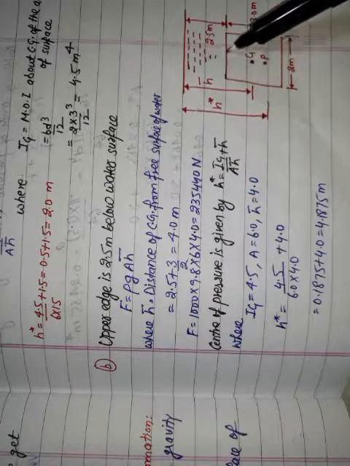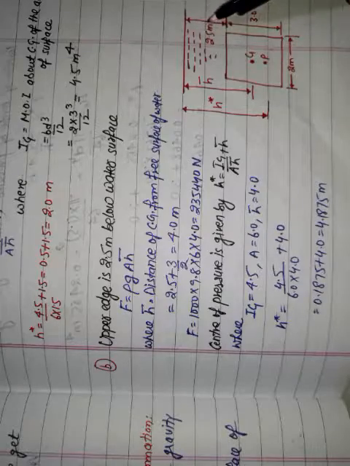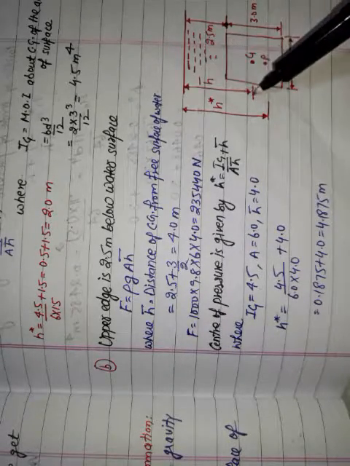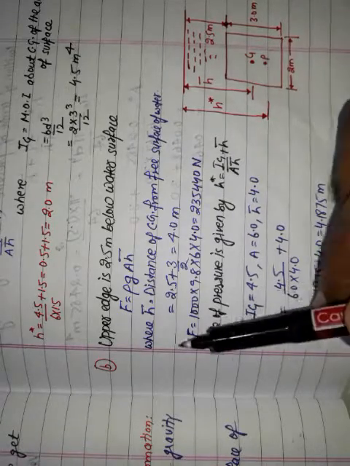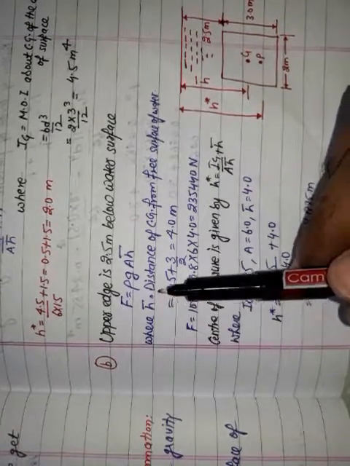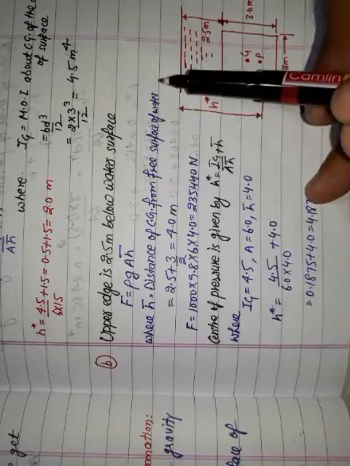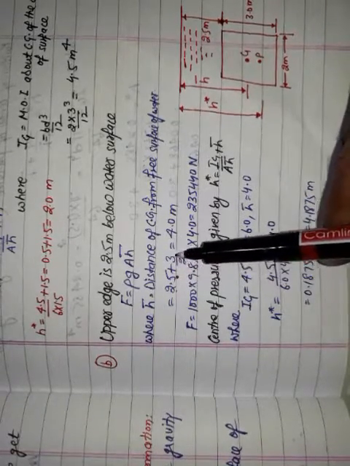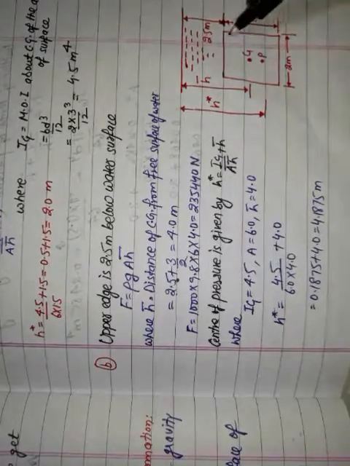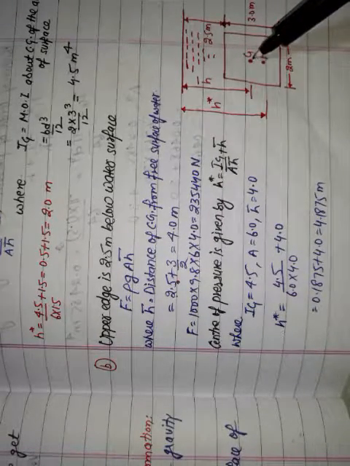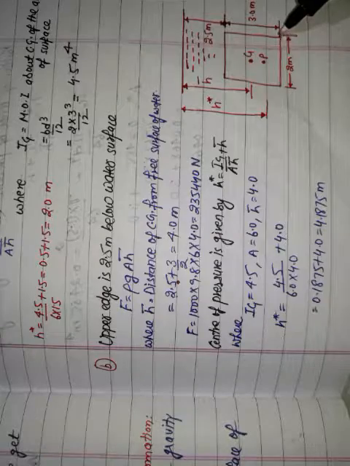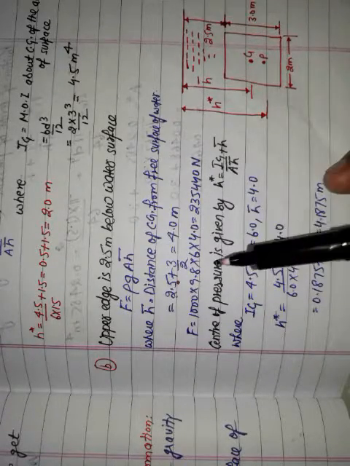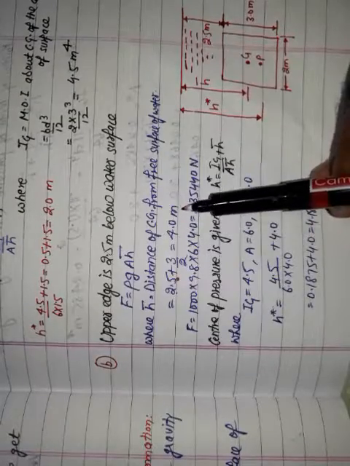Now this rectangular plane surface is 2.5 meter below this surface. So for calculating this value, we need to see here h bar, this is the distance of center of gravity from free surface of liquid. So now we add 2.5 plus 3 by 2, because depth is 3. So center of gravity is at the middle, so that is 3 by 2. This is 1.5 plus 2.5, so that is equal to 4 meter.